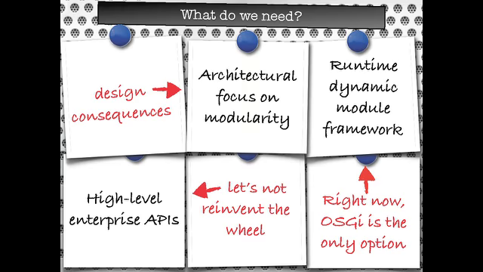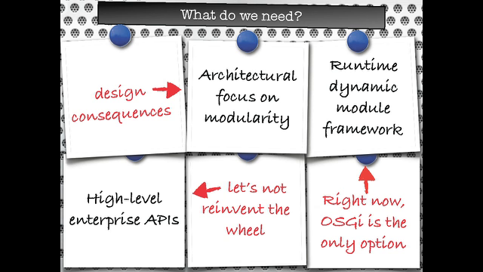So what do we need? Well, we have to start at the architectural level. And this is something everyone can do. Even if you don't have a runtime modularity system, if you're doing Java EE, you have to start thinking in modules at least. Maybe you can't deploy them as modules, but you have to start thinking in modules, because that's the way to keep your code base understandable. So instead of just having a large code base, we want to have many small modules at our code level, and that will at least help the maintenance.